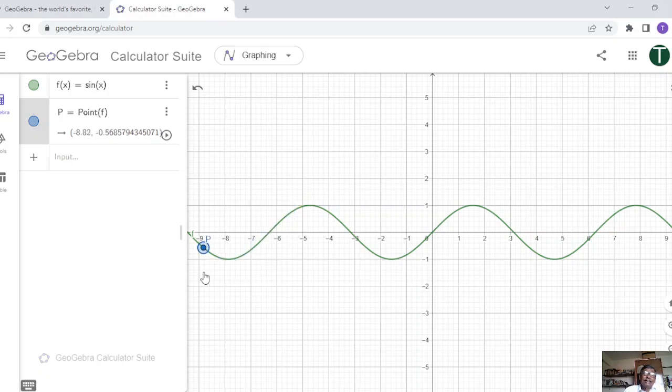Now, why unnecessarily create a point on a function? It may look rather funny, but there are important things to do with this. For example, it is often necessary to find out the slope of a curve at a given point. So I want to find out the slope of the curve at this point. In essence, we know that slope means you have to draw a tangent here at the point P like this,